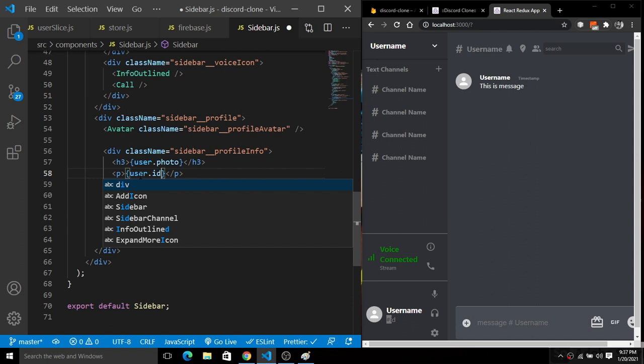Because the id is a very large string, I will truncate it to a 5 character unique id. First I'm going to show you this thing, and after that I will do the truncation here. I have saved this. Now you can see it is compiling.